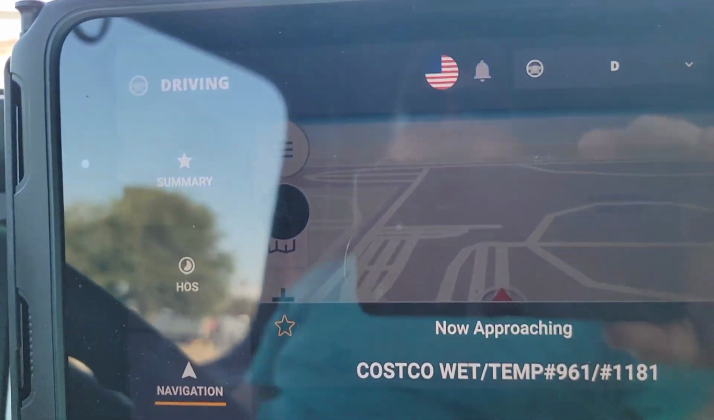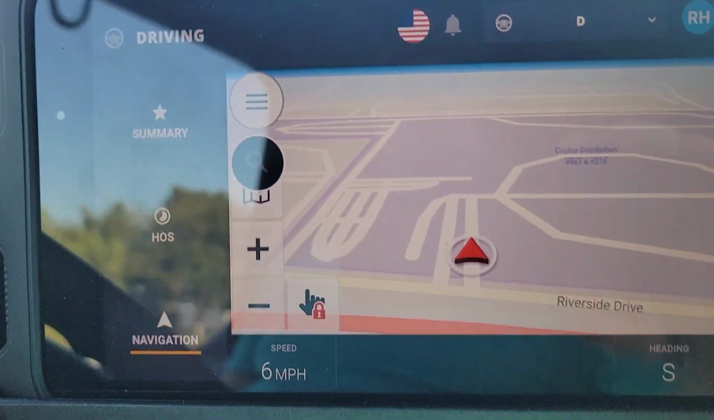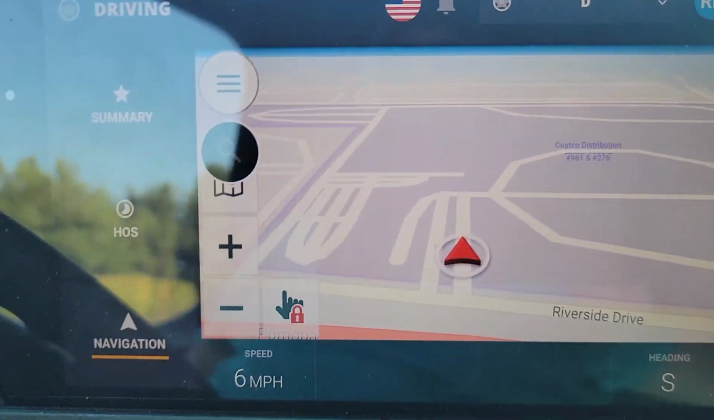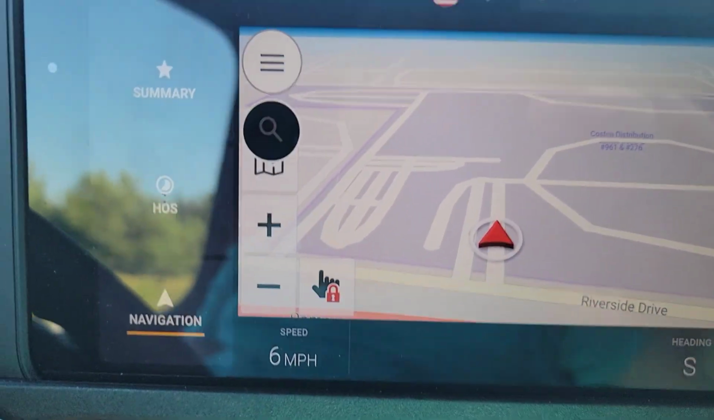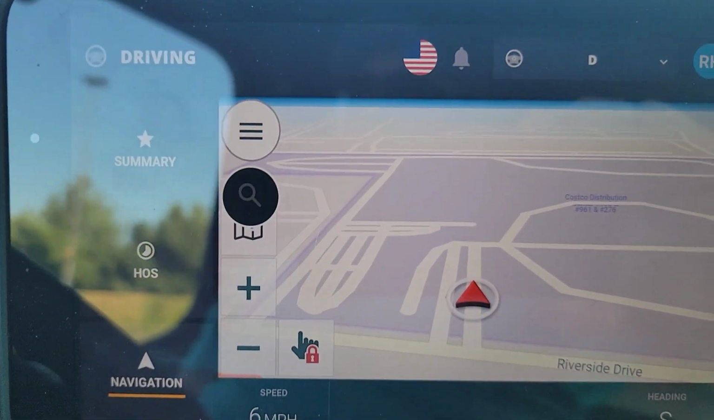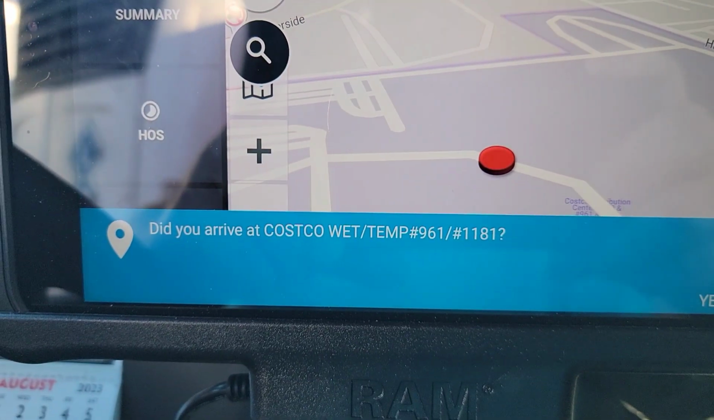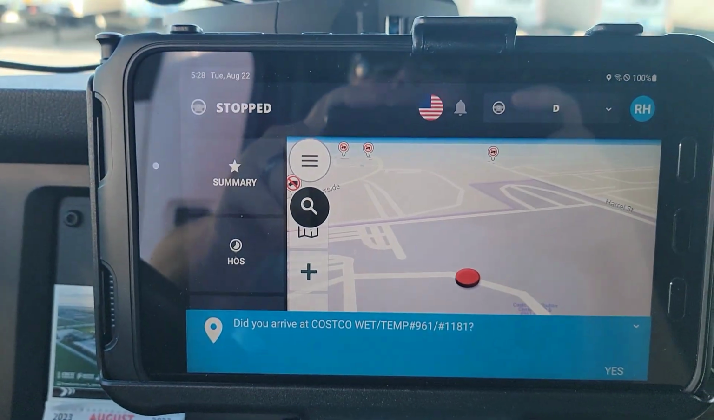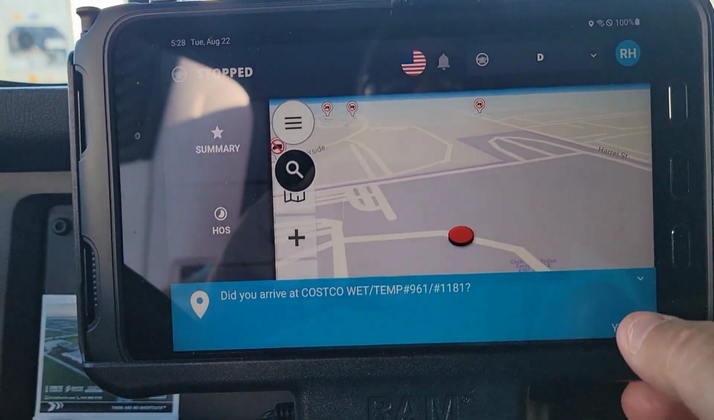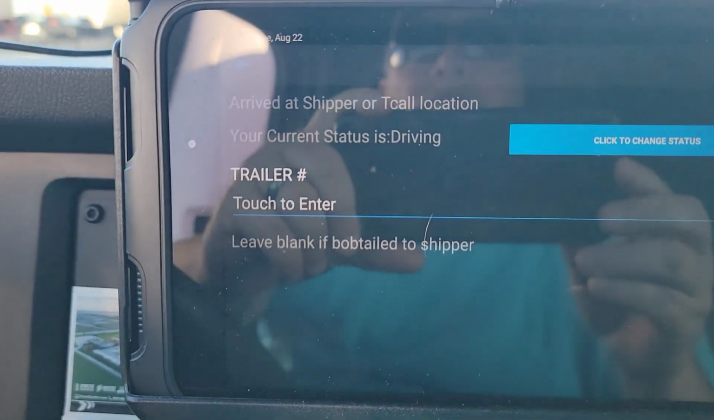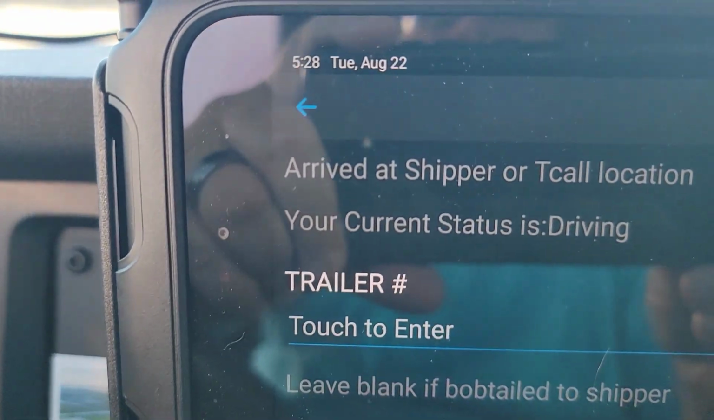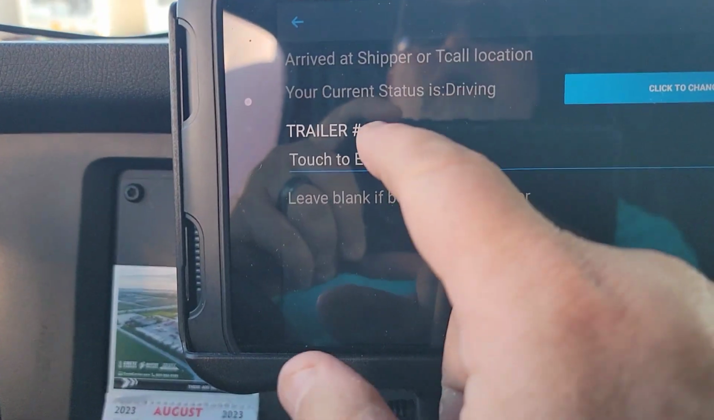Well, looky here, we're approaching our shipper. So you guys just saw that screen. More to come. All right, look, what do we got here? You have arrived at Costco wet temp. That is my shipper. So we're gonna hit yes. Guess what? It's gonna force me to do an arrival call, arrived at shipper. So we're gonna put in our trailer number,